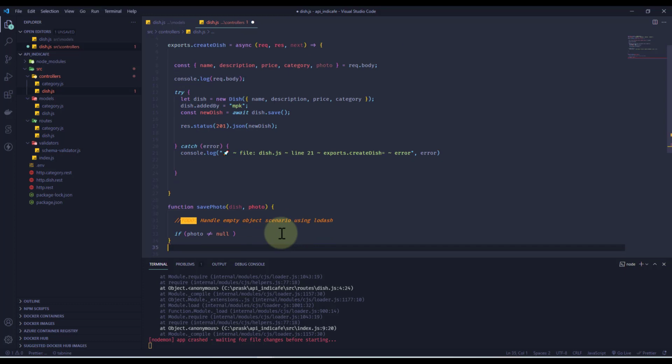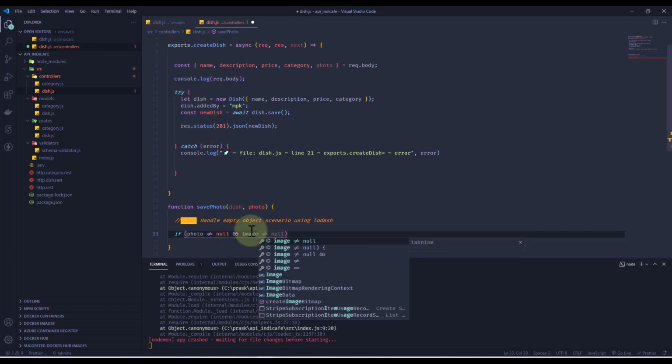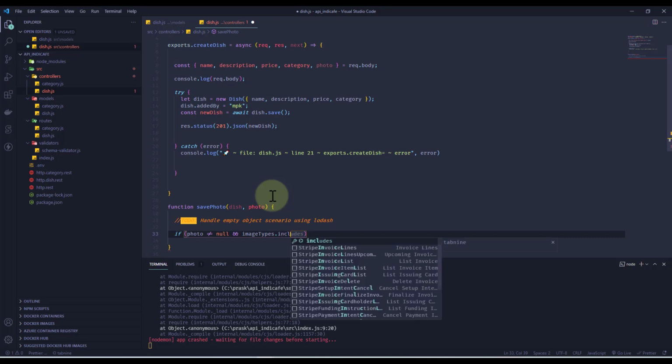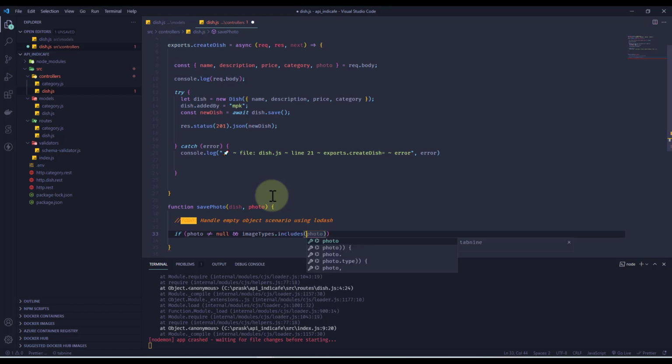Okay, super. So if photo is not equal to null, and also we want to know, what else do we do? The image types. So the photo is going to be coming in, as I said, with a buffer, which is going to be of base64 encoded string data, and it also is going to have a type, right? So I'm going to say image types dot includes, okay, and if it includes the photo dot type,